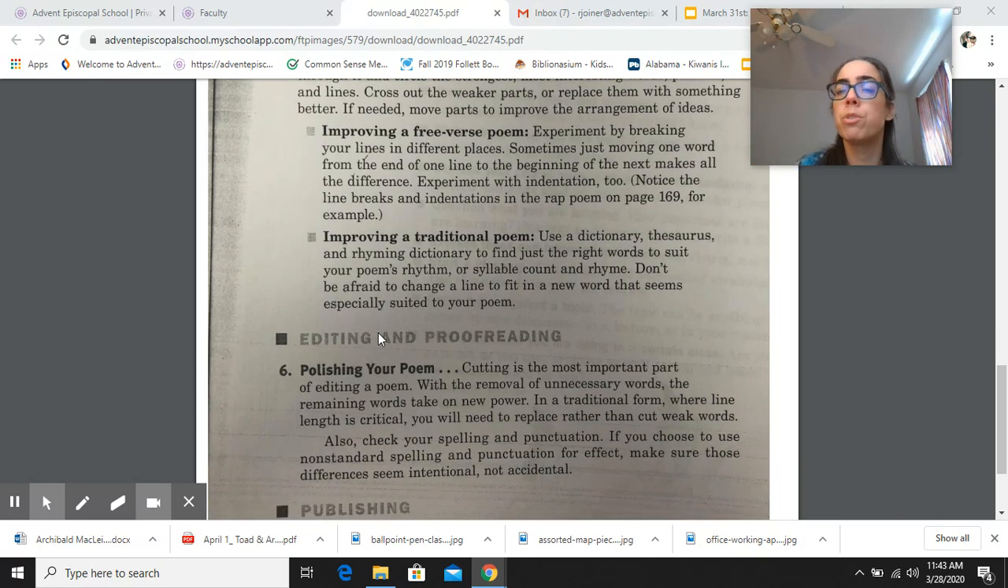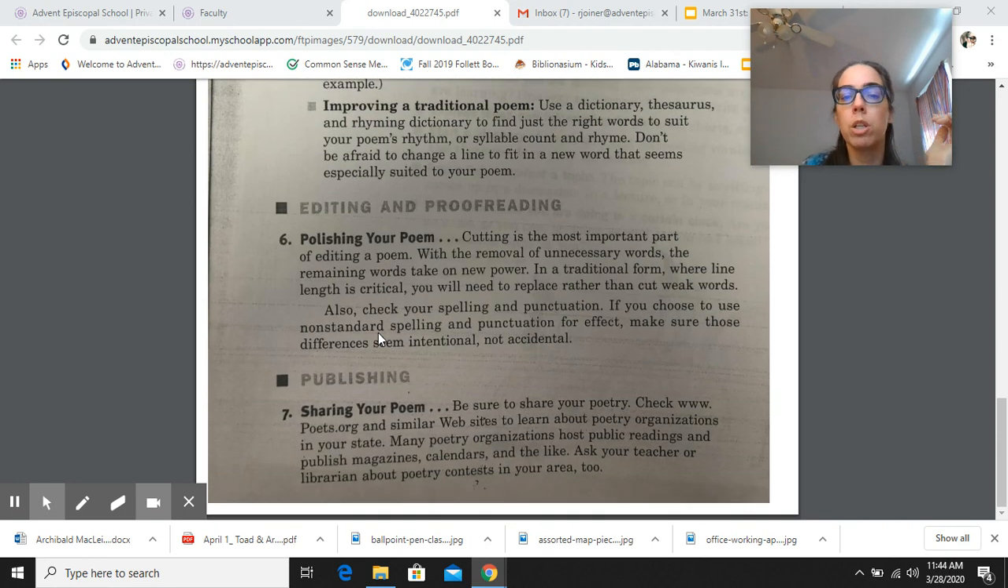And then it says here, if you're doing a traditional poem, you can use a dictionary and a thesaurus. If you're trying to get that rhythm down and cat doesn't work because it's a one syllable word, but feline works, you have to analyze what's going to work for you in that poem and make a substitution that's going to make it sound great and still add to the meaning of your poem. And then polishing your poem,